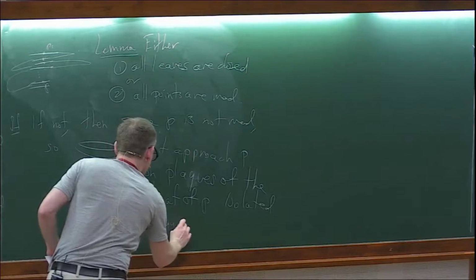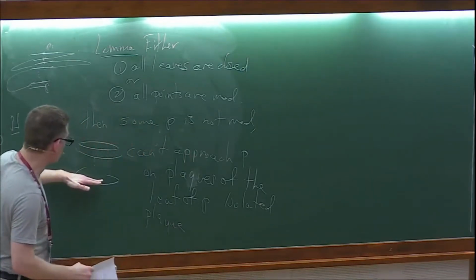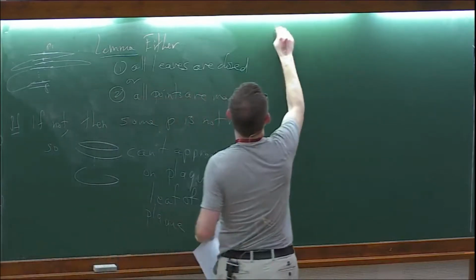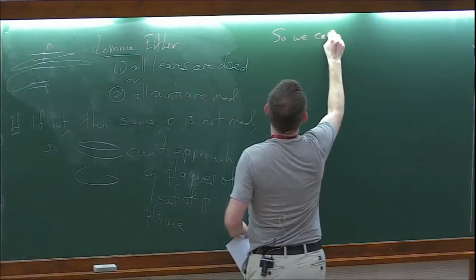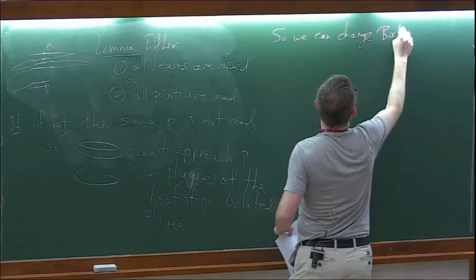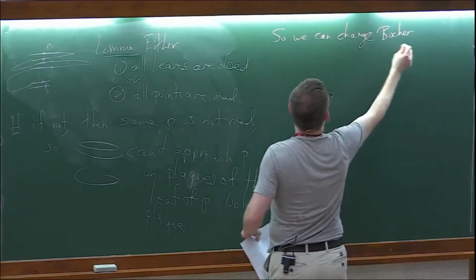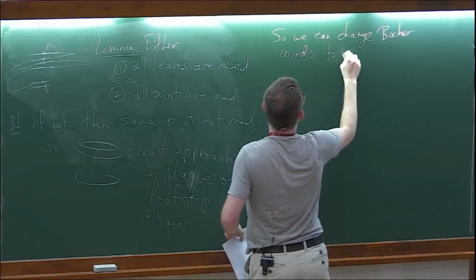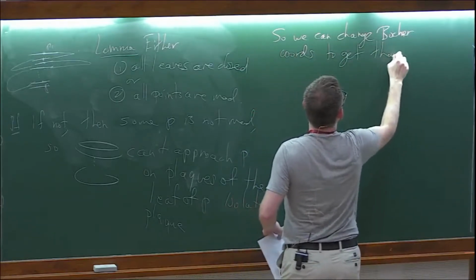It's an isolated plaque. It's just that plaque is the only one among its leaf, and so we can change the Bochner coordinates